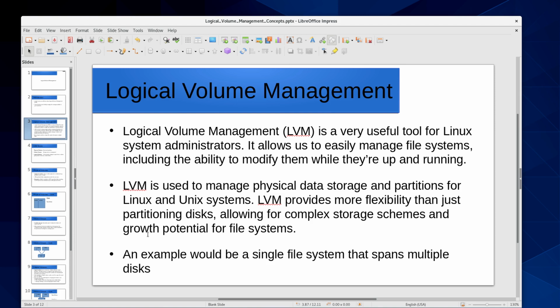And what it does is provide a layer of abstraction between what we're doing with mounting a volume into our file system and our users actually accessing it, and the underlying physical hardware that represents the disk drive. So it's just a way of allowing us to manage our physical storage and partitions by adding in a logical software layer to provide more flexibility, more complex storage schemes, and very importantly, allowing for easy growth of our